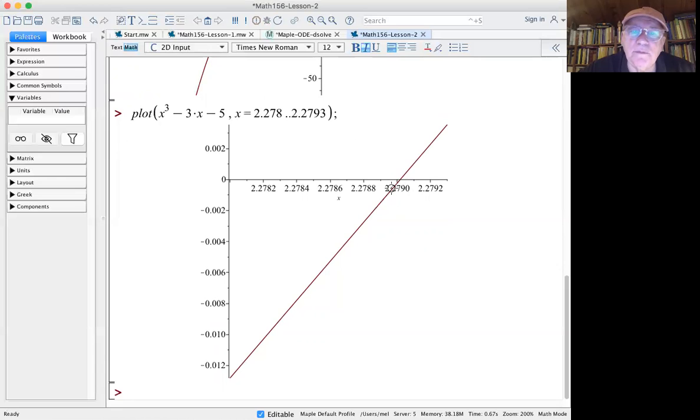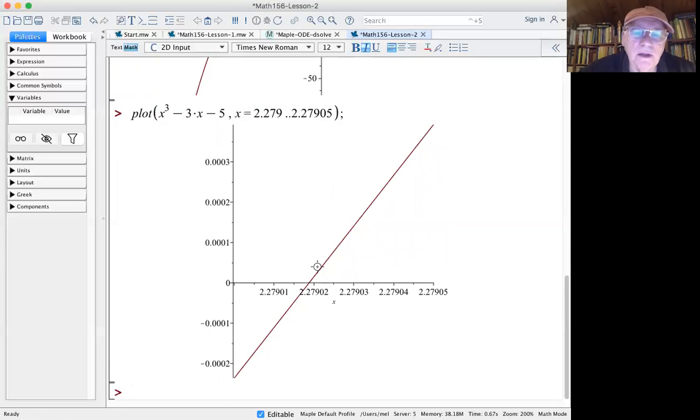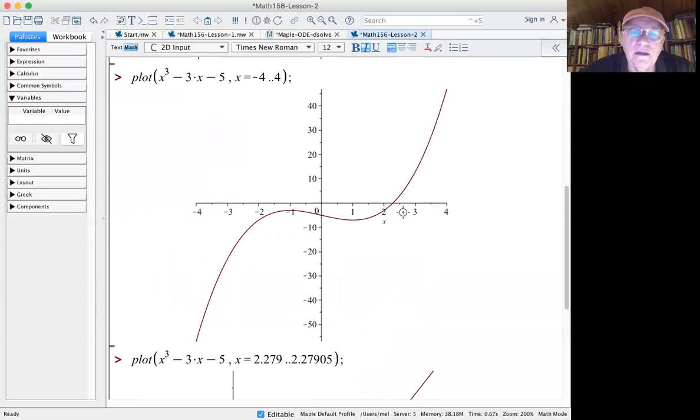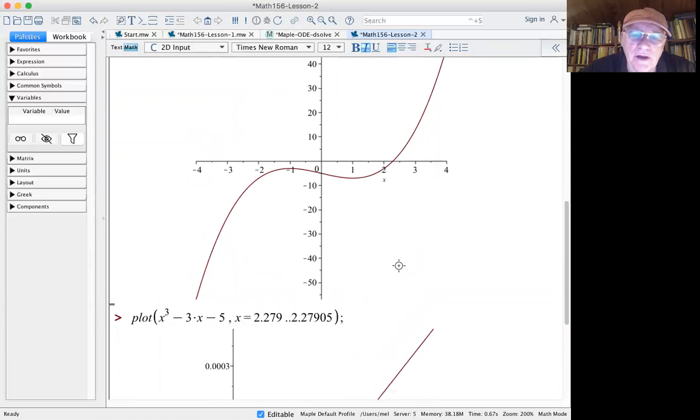So it's a little bit bigger than 2.279. Wow. So here, just by blowing up, by magnifying the graph of the function around that point,